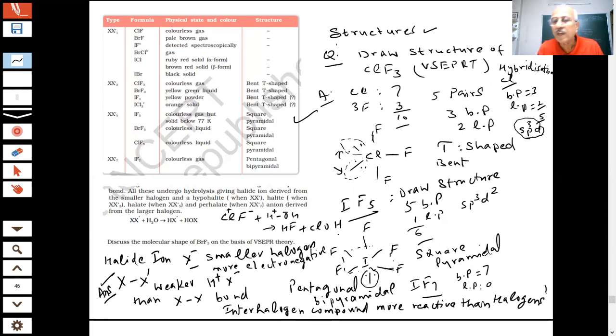Therefore, students, we have discussed the most important oxo acids of halogens, how to calculate their oxidation states, how to draw structures, how interhalogen compounds are formed, and the structures of interhalogen compounds, which is a very important question for the exam. This has been asked many times. So one of these structures could be asked again in the papers. And that ends the topic of group 17, students.